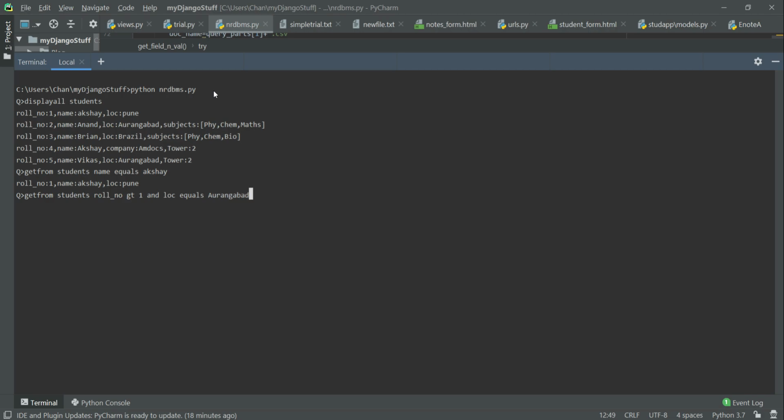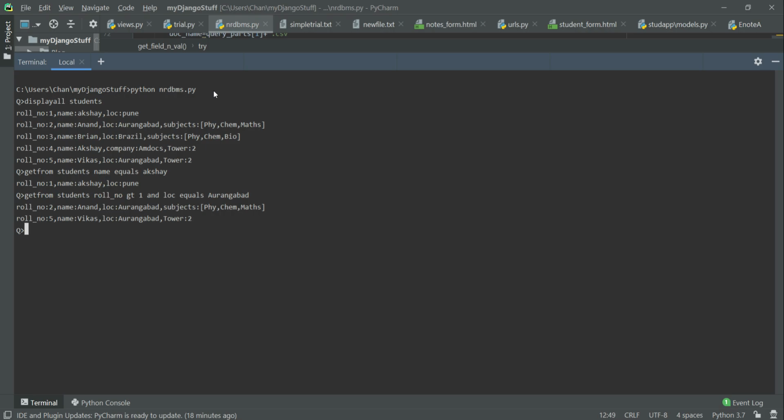We have entries with location equal to Aurangabad. There are two, roll number 2 and roll number 5, and both are greater than 1. So if we hit enter, we'll get these two entries. Yeah, we are getting these two entries.